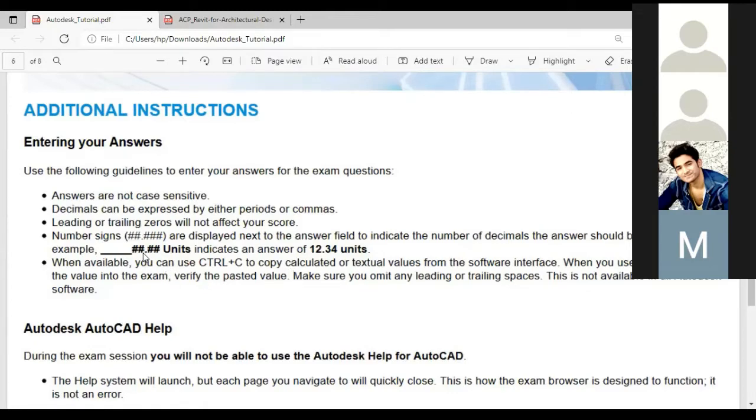See, for example, it is showing a hash point hashes unit that indicates the answer of 12.34 units. So it can be the correct answer. But if you are getting other units, it can be wrong. And when available, you can use that, that means if you are getting an answer in Revit after doing the things,